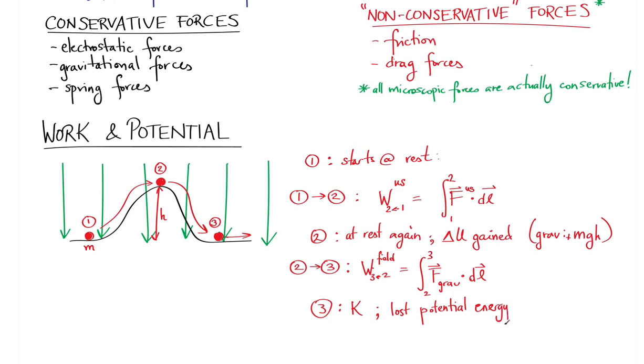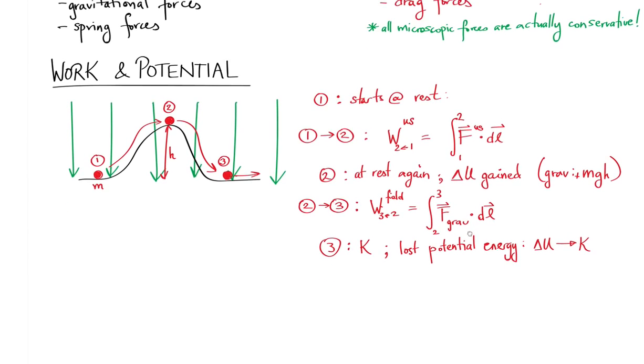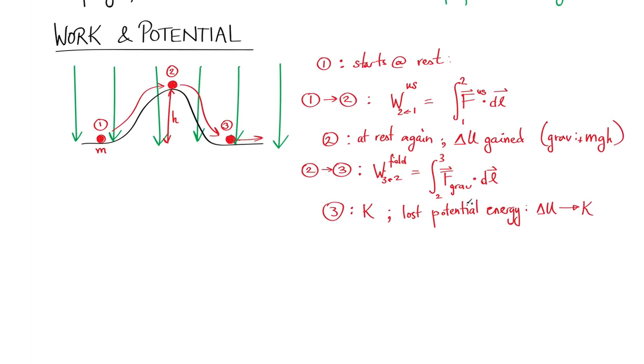And in fact, what happened is that the potential energy gained, delta U, in rolling it up the hill went into the kinetic energy it has now at the bottom of the hill. Right? So for instance, we can define something like,